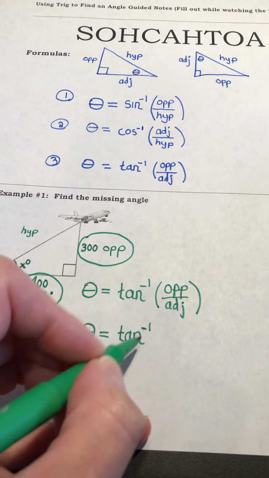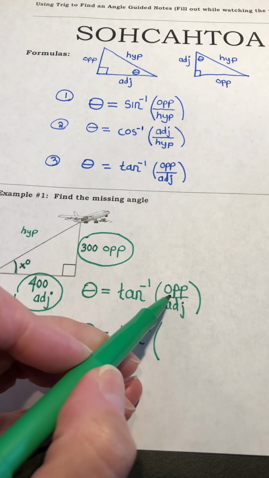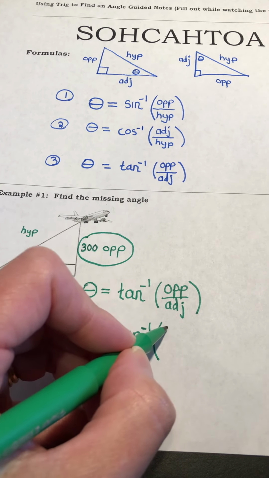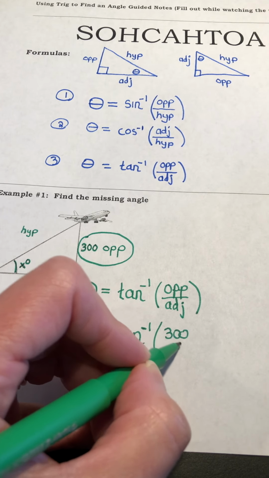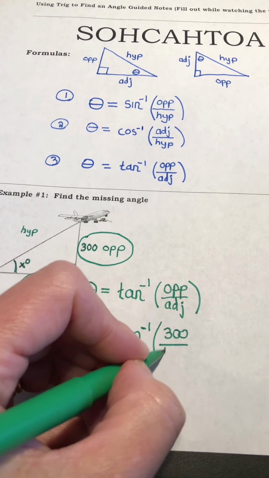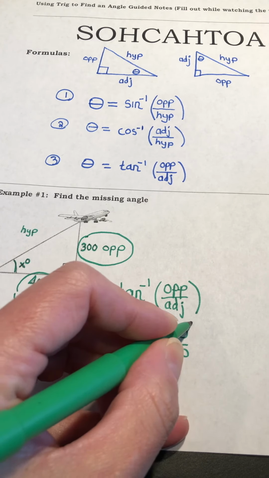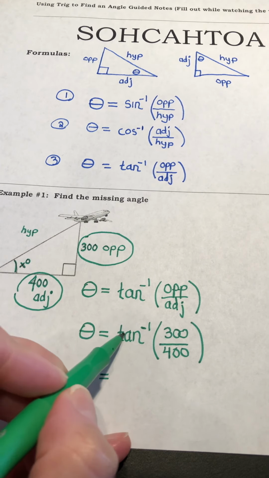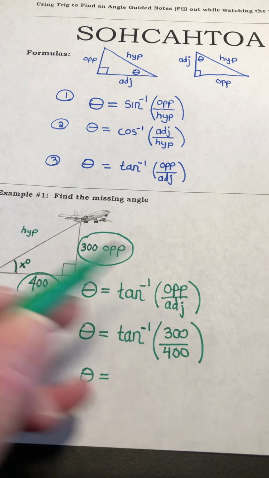You just sort of write that out. And we're going to plug in the opposite and adjacent side. So the opposite side is 300. So we're going to put a 300 on the numerator. And the adjacent side is 400. So we're going to put a 400 on the denominator. Okay, so literally at this point, you actually type this entire thing in your calculator and then you get an